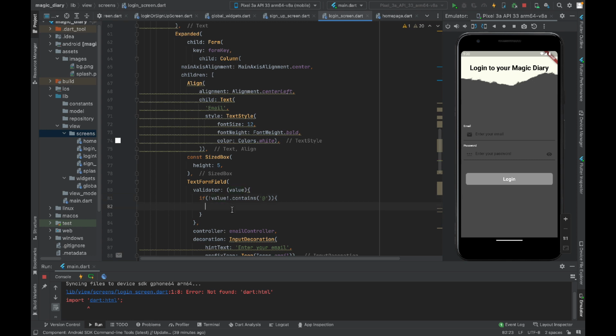It means that value cannot be null, and this indicates not, that if we are going to check that something is not, like value does not contain @, then that's why I'm putting this exclamation mark in the start. So if value does not contain @, then return please enter valid email,